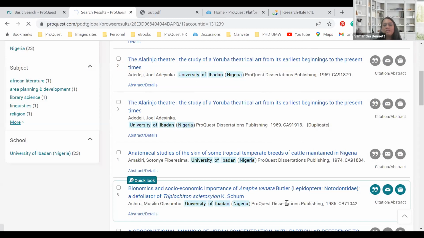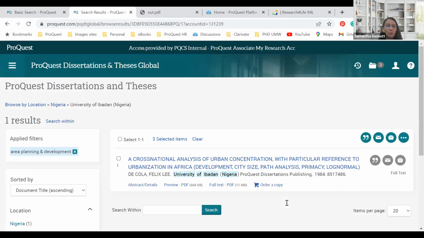So those are some of the features of the platform. I do know it's a lot to take in, and I've tried to do it as slowly as possible so that you can understand. I'm going to take the next 10 minutes to go through some of the questions. I'll stop here. We'll most probably work with the Research for Life team to have another training session until you are more familiar with the platform and understand more of its features.